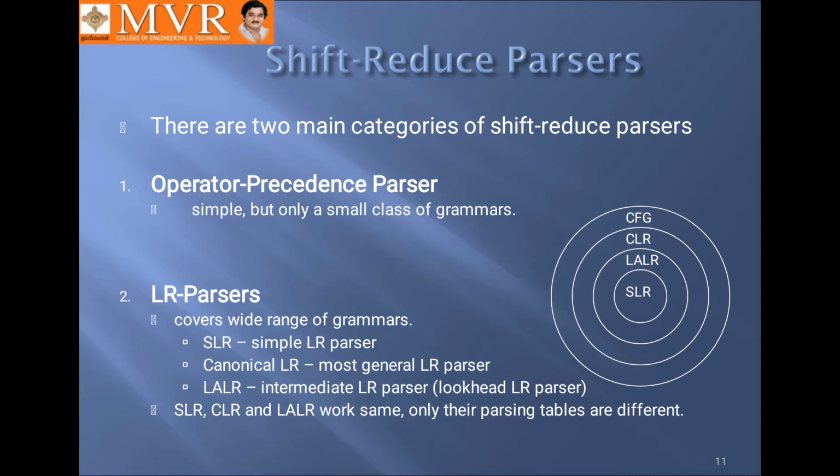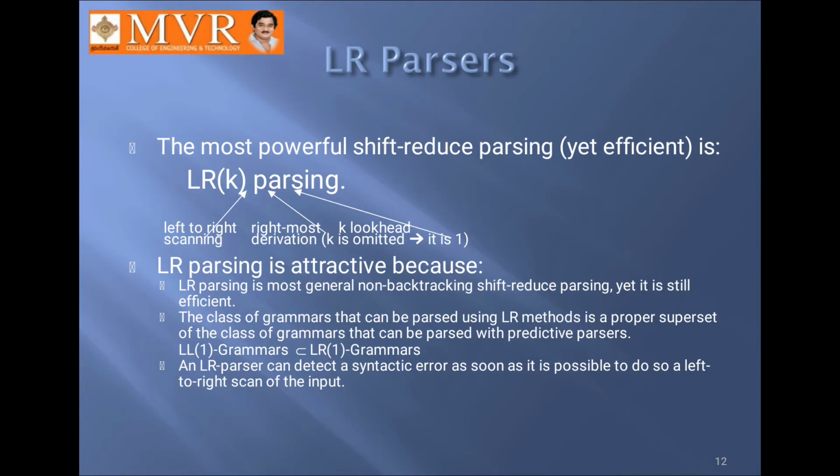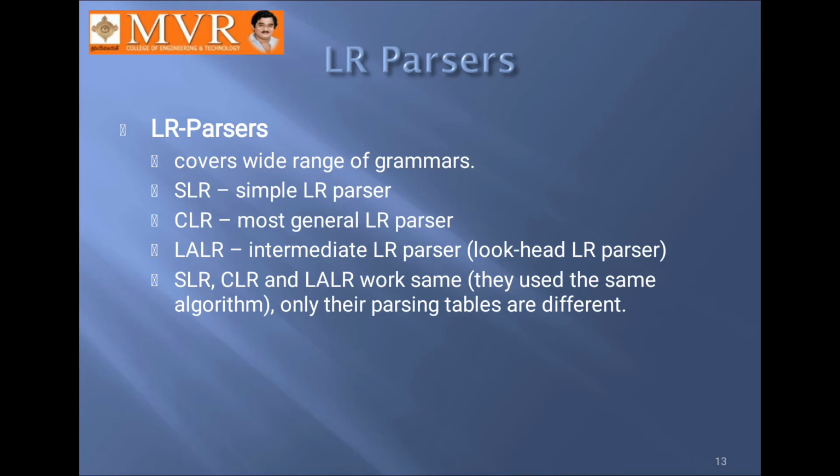SLR(1) is a simple LR working on a small class of grammar. It has a few number of states, hence very small tables. And coming to LR(1), also called the canonical LR parser, it works on the complete set of LR grammar, generates large tables and a large number of states, and it is a very slow construction.